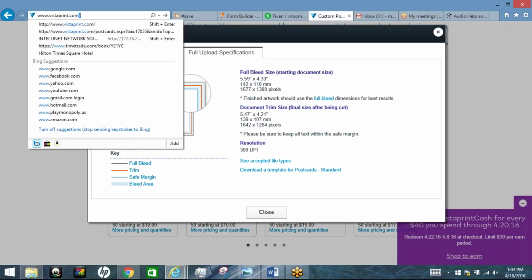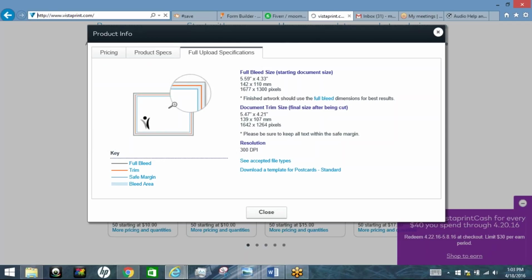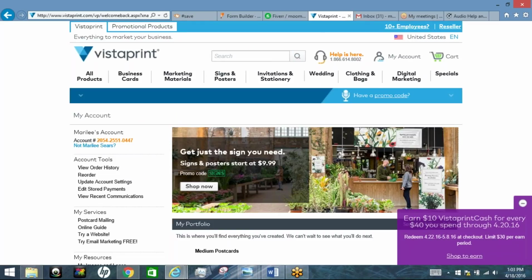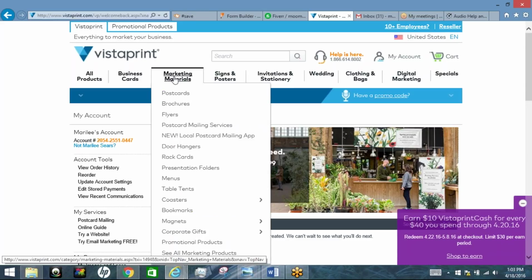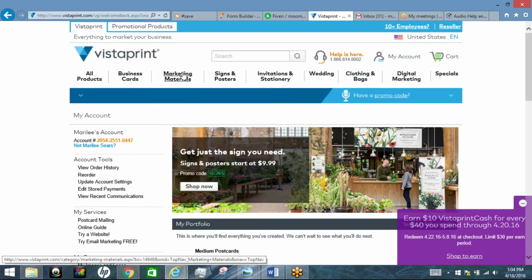If you haven't ever used Vistaprint before, it's just easy. They have sales all the time. It's probably the cheapest printing that you'll find online, and so that's why I use it. And I've gotten very consistent materials from them. So, they're easy to work with. That's all I'm saying. So this is Vistaprint's main website, and